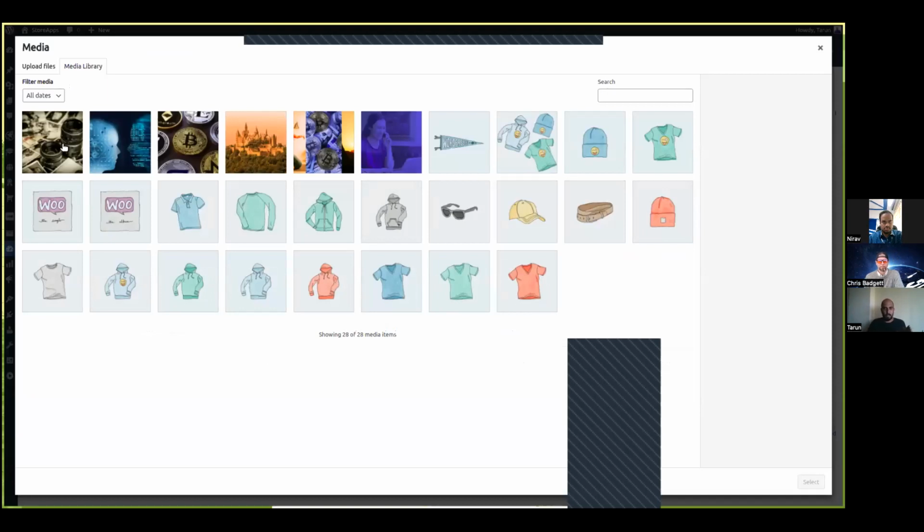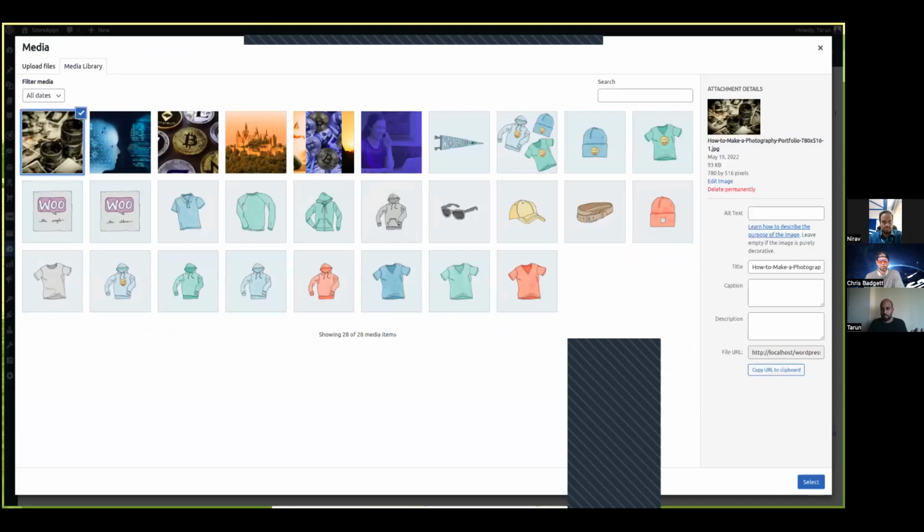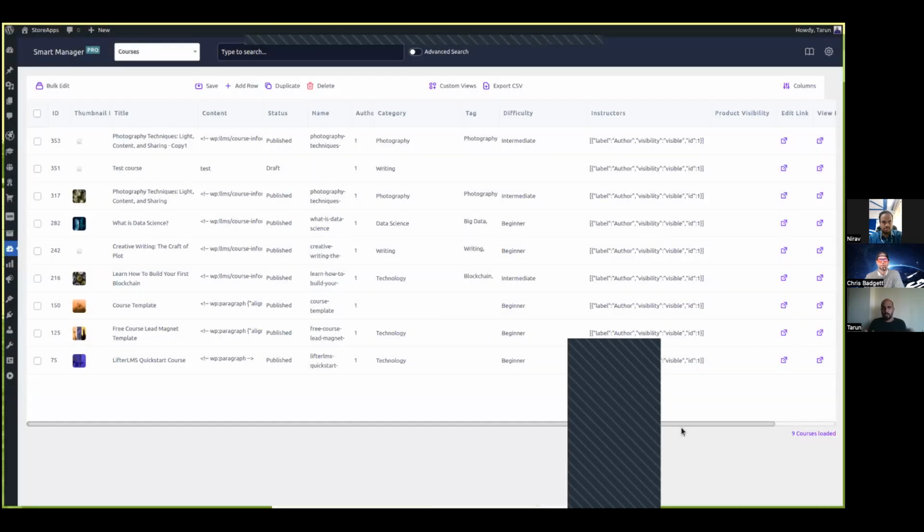And from here, let's say if it was a photography topic, I've just inserted one image there. If I just select it, done. So it's already uploaded to your site. It's done. It's attached to your course. It's live. Everything done in just a single click. You don't have to do anything else, right?